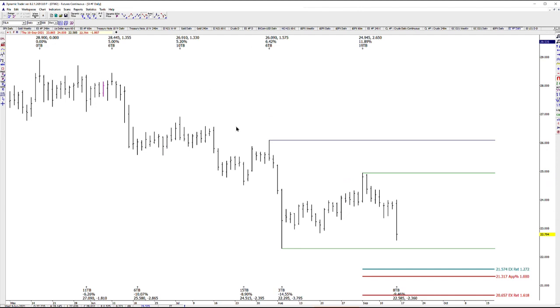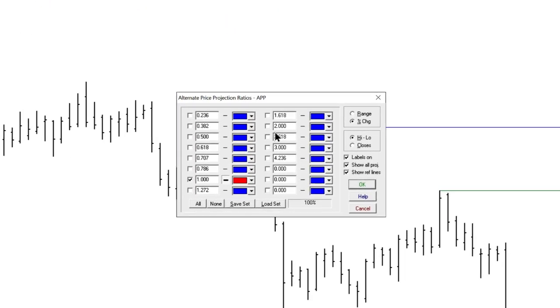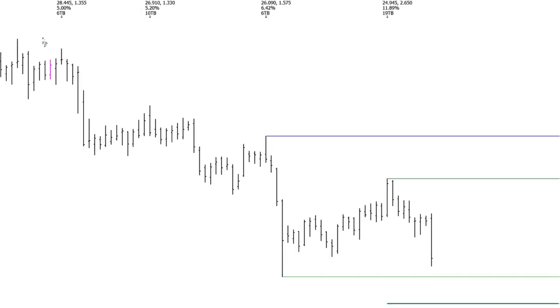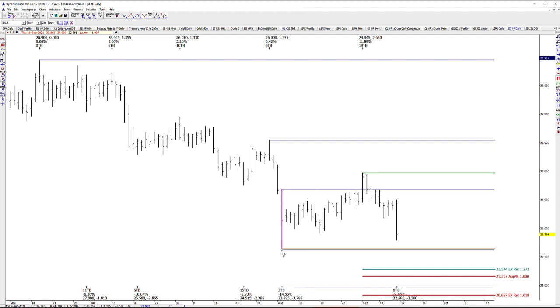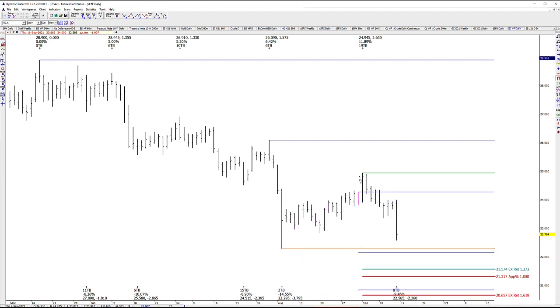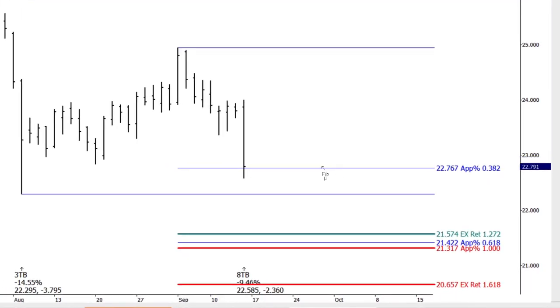So let's take our alternate price projection icon there, right-click on it, and I'm going to do none. Then we're going to do 38 and 62%. There we go. Click from the high to the low, and then we're proportioning that entire range by 38 and 62%, and we'll measure those. 38% is above where the market's at, so that's not relevant. 62% happens to be right in this tight range of the 127% external retracement, 100% alternate price projection of the